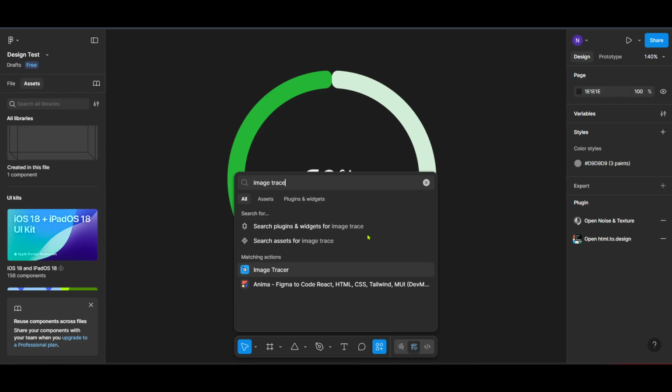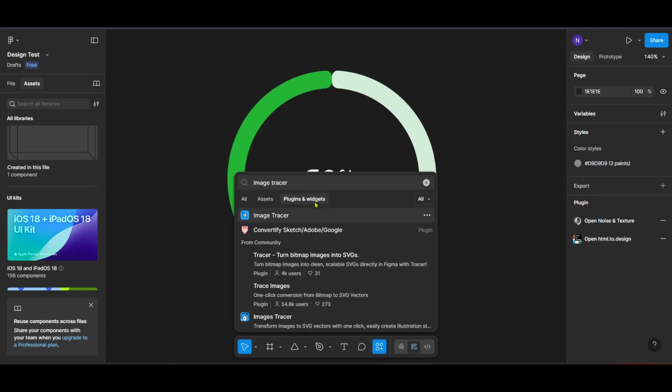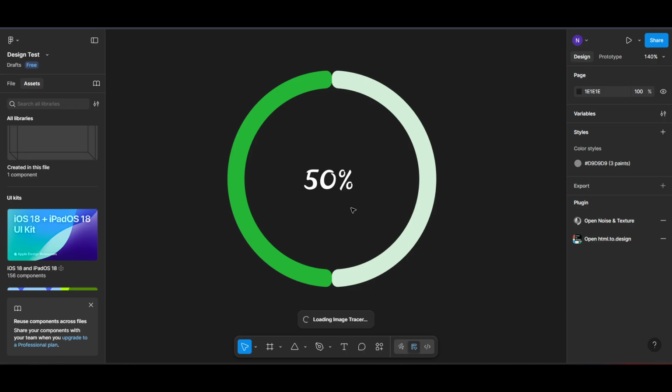Once you've found the Image Tracer, the next move is to run it. Hit the Run button associated with the Image Tracer action. Figma will then launch this tool, which will process your selected image and convert it into a vector graphic. This operation might take a moment depending on the complexity of your image, so be patient while it works its